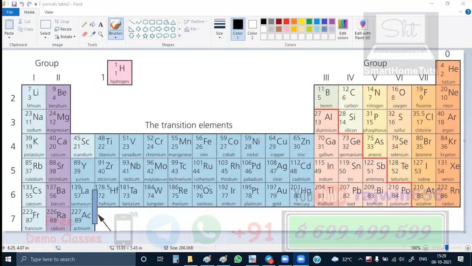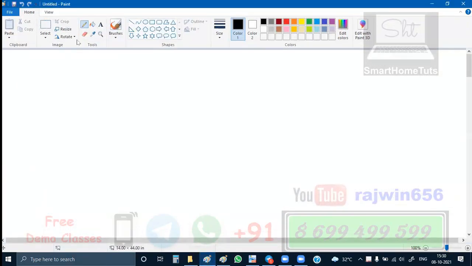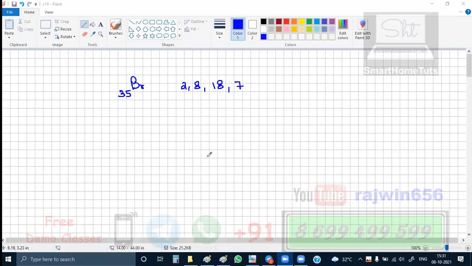Now what we are asked over here is we are supposed to get the electronic configuration of bromine. Okay, the atomic number of bromine is 35. So there will be 35 protons, and we will write its electronic configuration in simple terms, and then we are going to write in terms of SPDF configuration. Okay, this is simple electronic configuration 2, 8, 18, 7. If you add up all of this, 2 plus 8 is 10, plus 7 is 17, plus 18, this is 35.